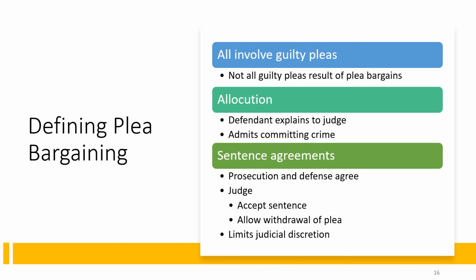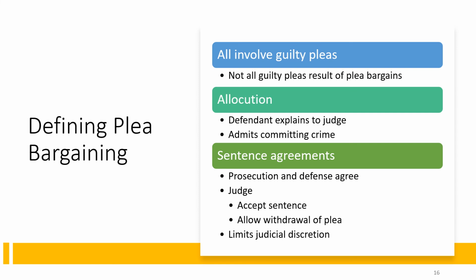Okay, so let's talk about defining plea bargaining. It all involves guilty pleas and allocution. The defendant has to explain to the judge what happens and sometimes admit the crimes. In felonies, the prosecutor will give a summary of what occurred or what's being alleged beyond what's in the indictment and give a little bit of facts to support it, and the defendant will have to acknowledge it and admit